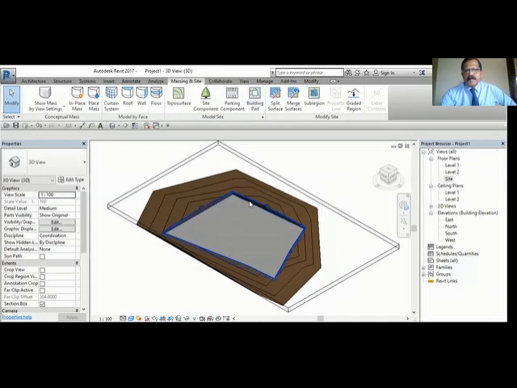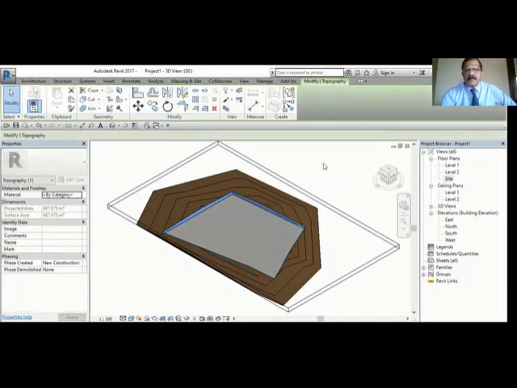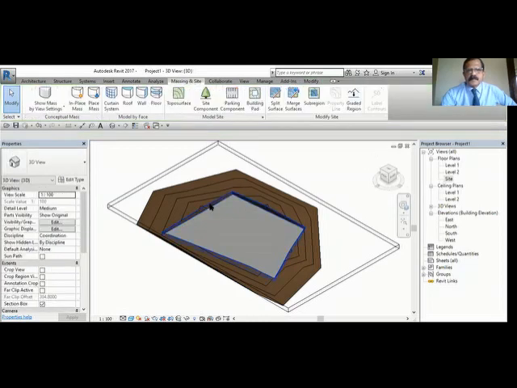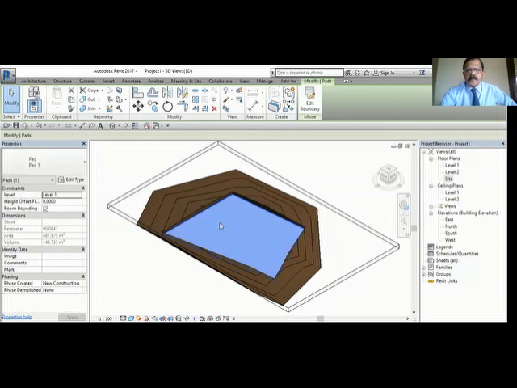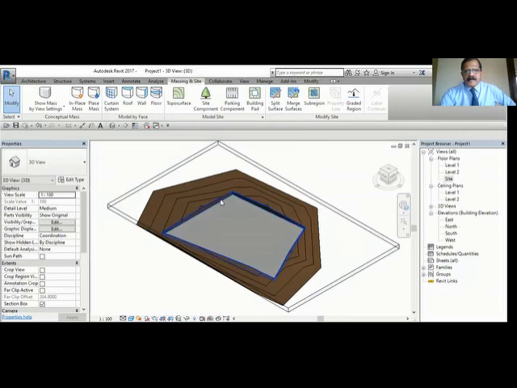Okay. You can select it. When you select that carefully, you will get this edit boundary. If you want to adjust the boundary of the building pad, if you click like this, it will not come.